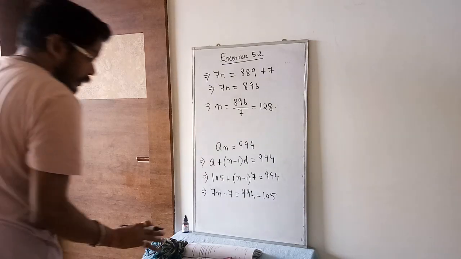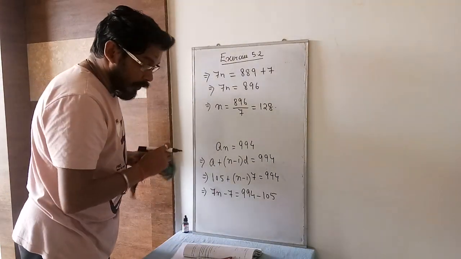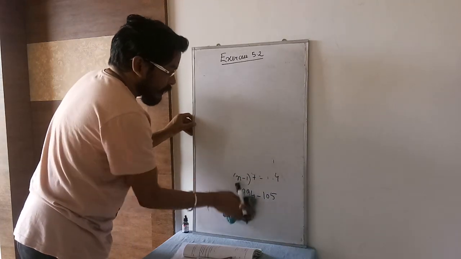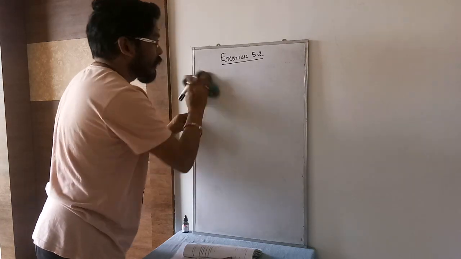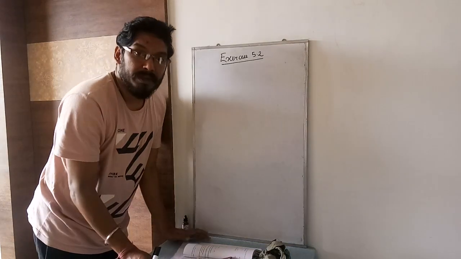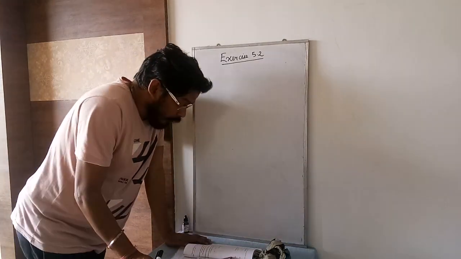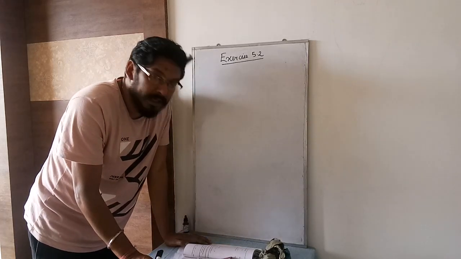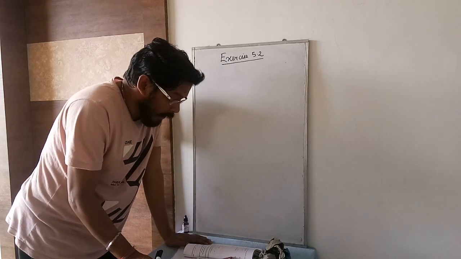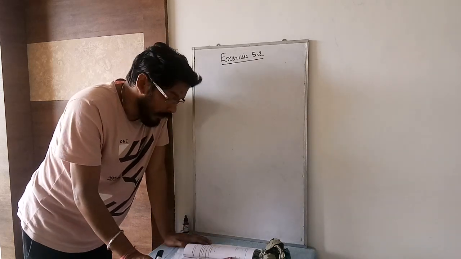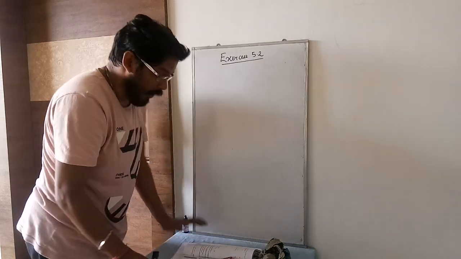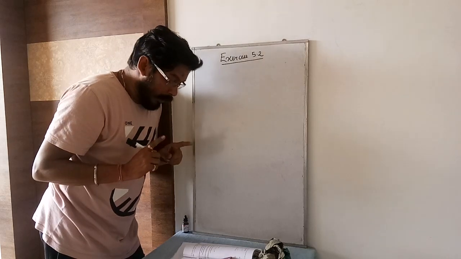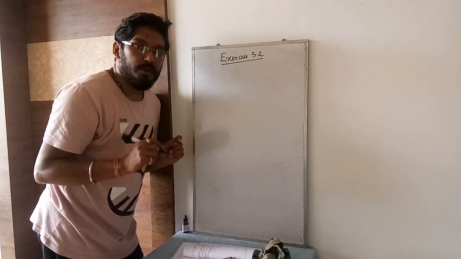Okay, so this is question number 13. Now we will go for question number 14. Since I am following the previous edition book, some questions may miss. So question number 14, what did they say? How many multiples of 4 lie between 10 and 250? So multiples of 4 means divisible by 4. They have given a range. It should lie between 10 and 250.